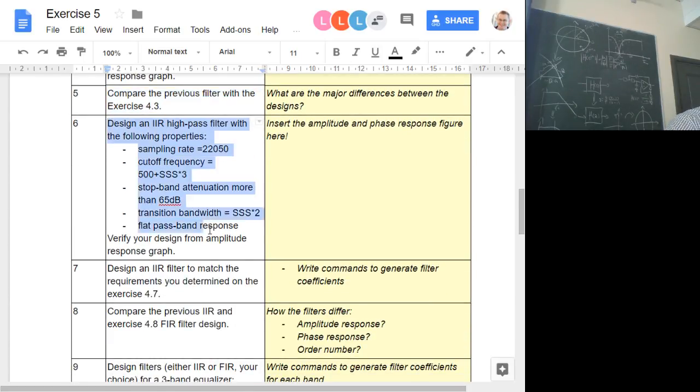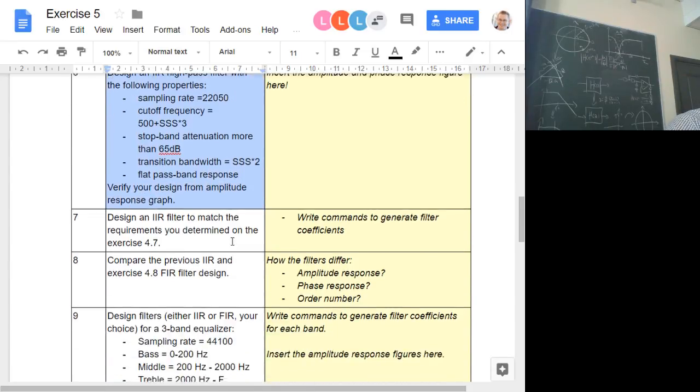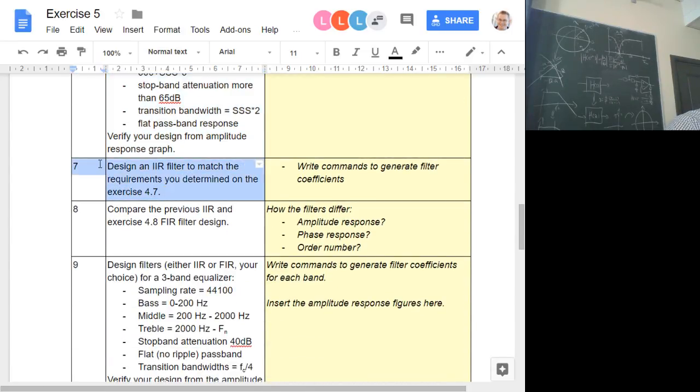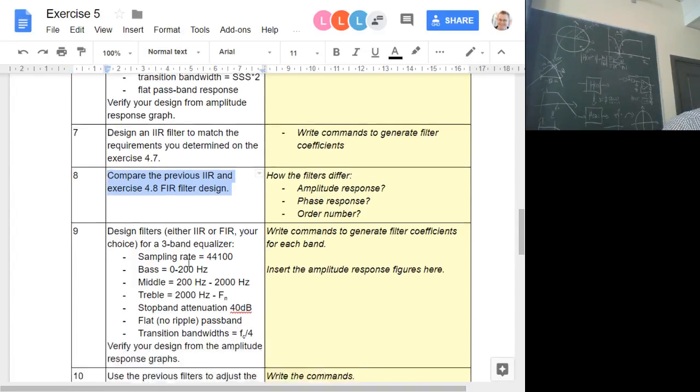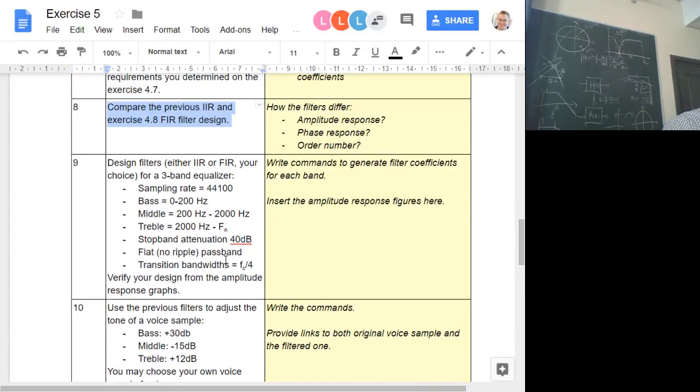Then design again an IIR and match the requirements you determined in exercise 4.7, comparing it again, and then we have a couple of things. Okay, I will show you first hints for parts 9 and 10. So I just need to take a picture of that one, and then